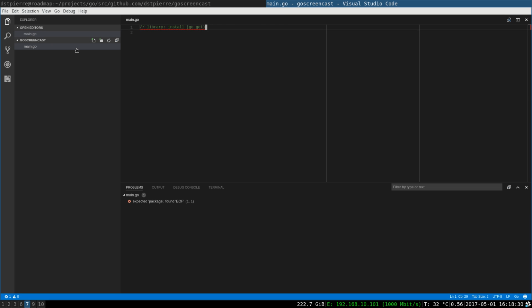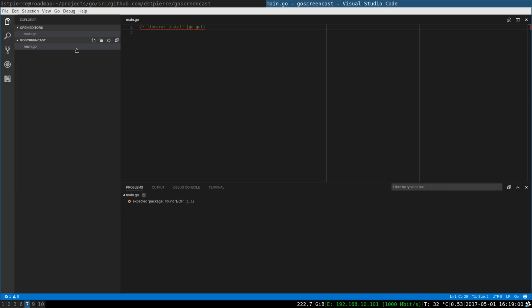Go-get is similar to what pip install is for Python, npm install for Node.js, gem and whatnot. It's not really a dependency manager or package manager, but it's very similar, if you will.